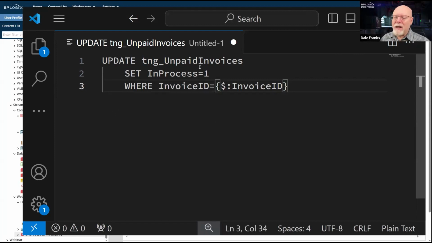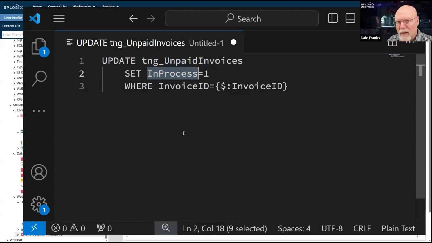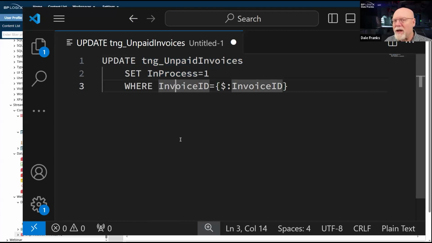So I need to go to this unpaid invoices table, and I need to set the in process value, which is currently at 0, to 1. But I only want to do it for whatever this current invoice is. I don't want to do a blanket change of all of the unprocessed invoices to in process because that might not be true. I only want to change it for whatever process I am currently running right now.